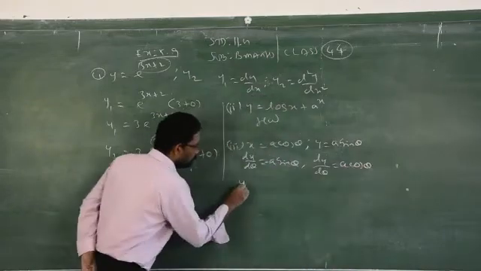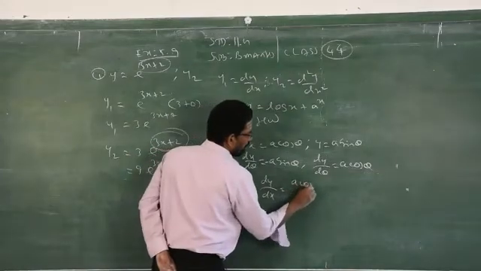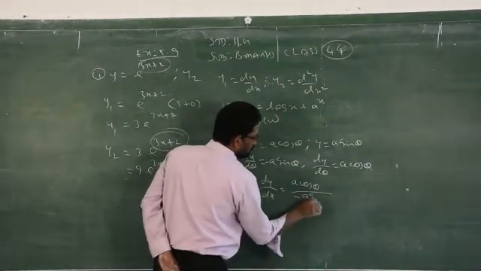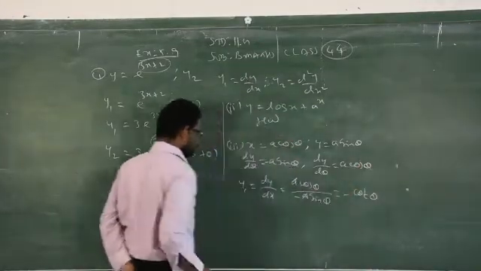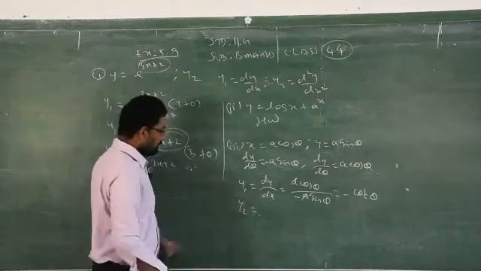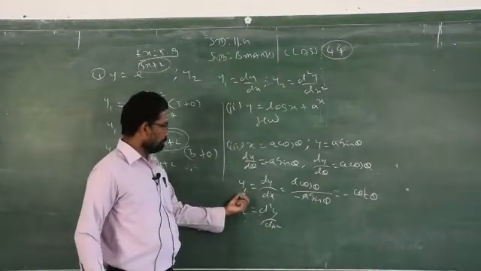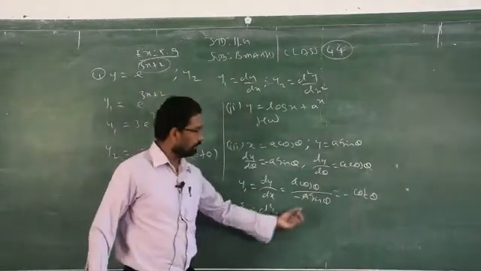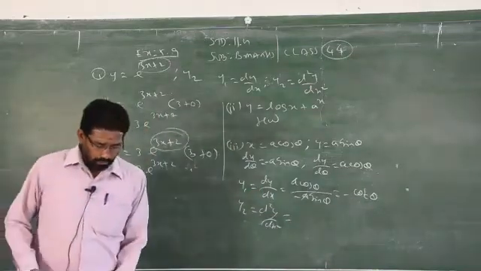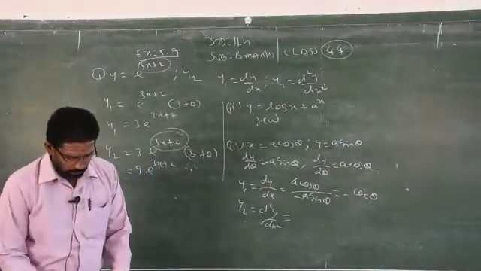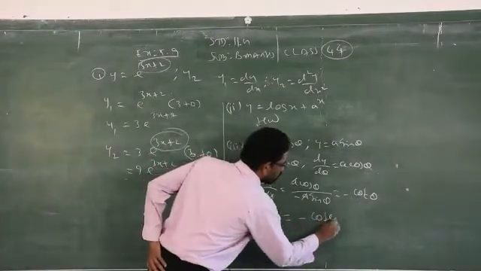Now you have to find y1, that is dy by dx. So a cos theta by minus a sin theta, the a gets cancelled, and we will get minus cot theta. The problem comes now, y2. What is meant by y2? Second order. You differentiate this function with respect to which variable? The x variable. But what is given there? Theta. So what is the formula for cot theta? You have to refer to the formula page. The derivative of cot theta is minus cosecant square theta.